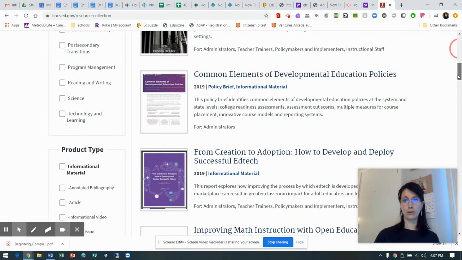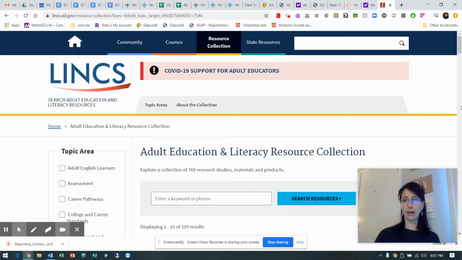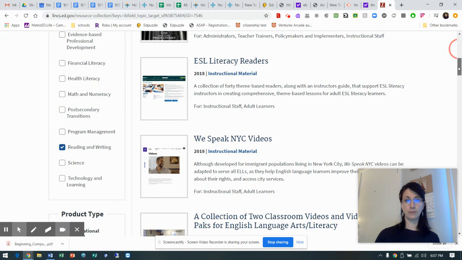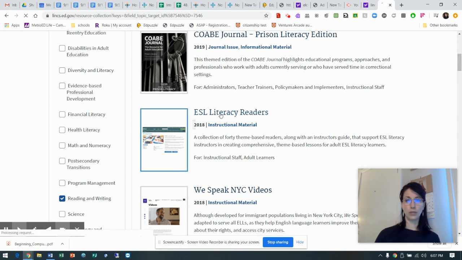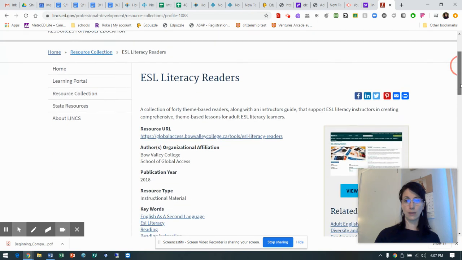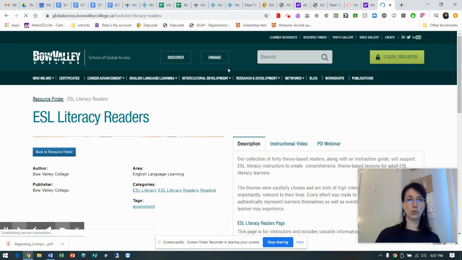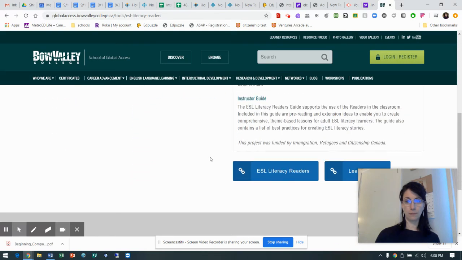So if you look down in here and you're looking for the different information for competencies or math instruction, I would click on that, and it's going to take me to that website. And there's some instructional readers, and perhaps I'm going to work on this with related topics. And so I'll click on that, which is going to take me to a novel to read. And there's an instructional video, okay?